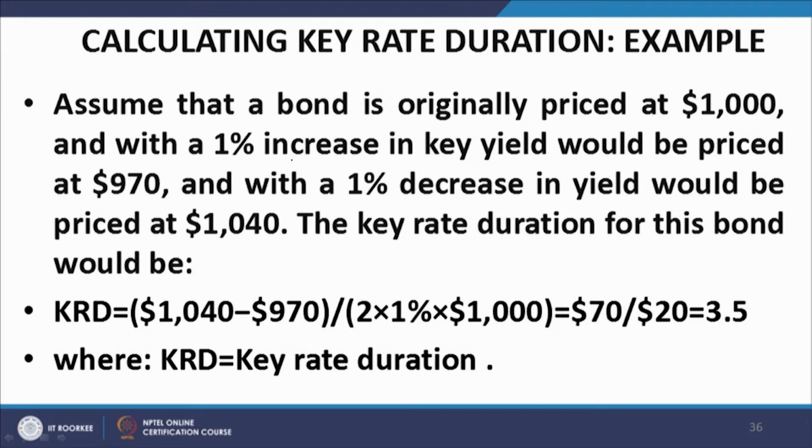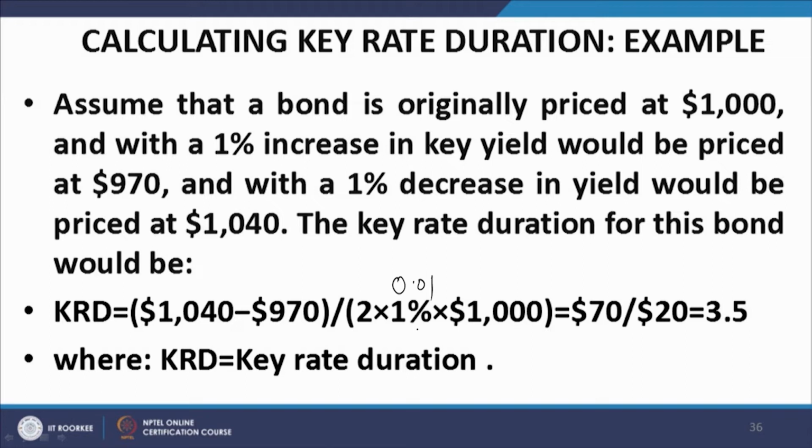The key rate duration for this bond would be the change in price, that is P(S minus delta S) minus P(S plus delta S), which happens to be 1040 minus 970, that is equal to 70, divided by 2 into 1%, which is 0.01,